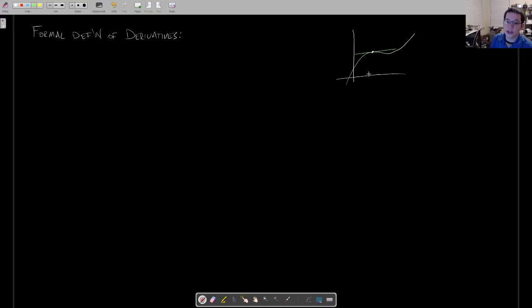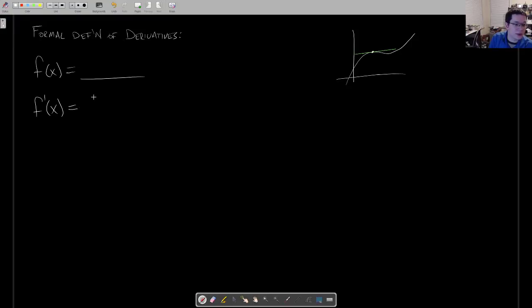Now, since we understand how to find slope of a line, we can do that with the derivative, or we can do that with a curve and approximate it iteratively. So if we say I have some function of x, f of x equals something, then the derivative of that function